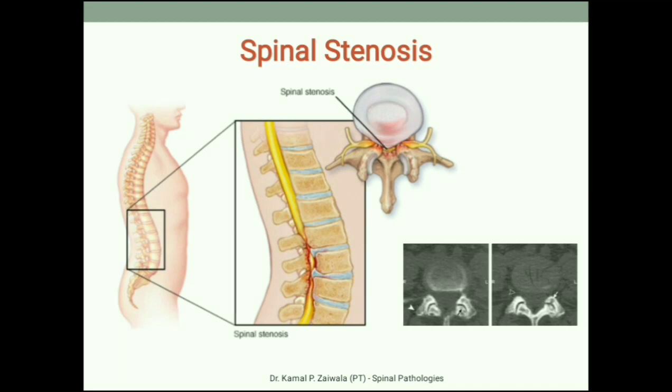Acquired spinal stenosis can occur as a sequel of event in spondylolysis and spondylolisthesis, as we have seen in the previous videos. Whereas degenerative spinal stenosis occurs in patients from 50 to 70 years of age, and it occurs as a sequel of events of degeneration that we have seen previously in this video.